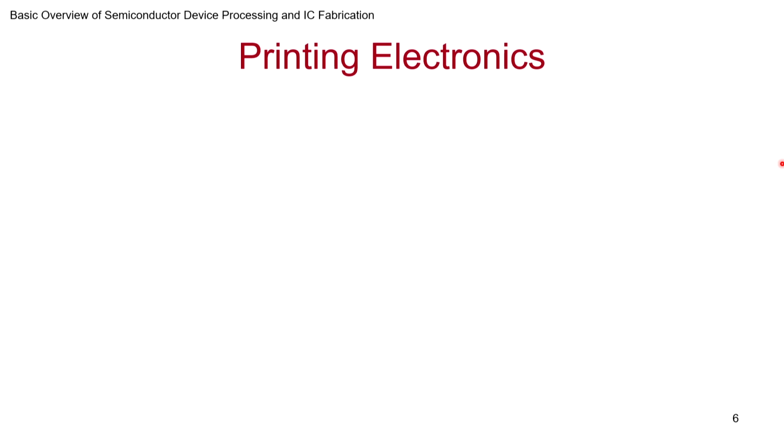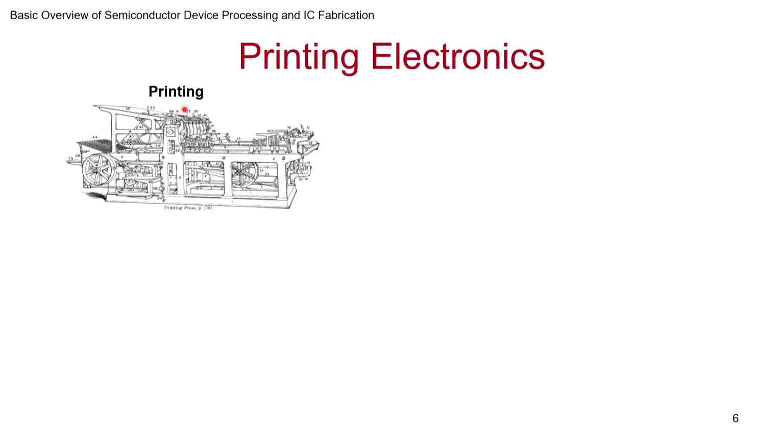Printing electronics actually involves two vastly divergent fields. First, it talks about printing, something that started in the previous millennium, more than 1500 years ago. And then of course around Gutenberg press is when printing the way that we know it became more common, and that's when books and other things started getting published. And especially in the last 200 years, a lot of progress has happened, and so this is a very well established technology.